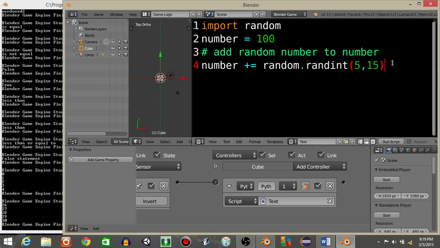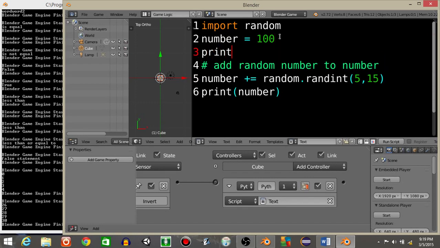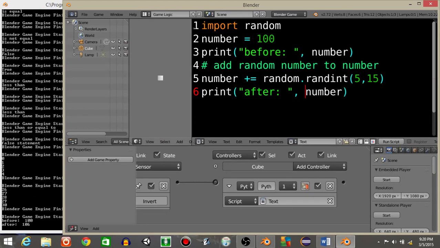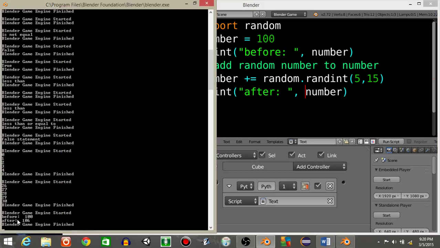And if we print number to the console, both before and after, so I'll print number to the console up here, and I'll actually type in a string before, so I'll put before, comma, number, and after. So if I hit P now, we should see that before the number was 100 and after the number was